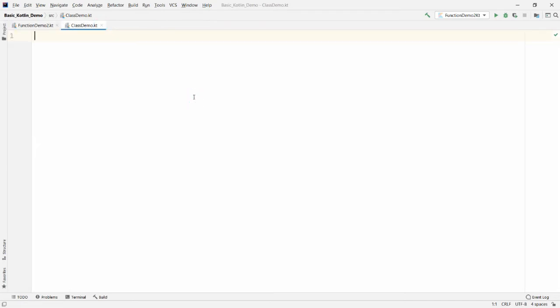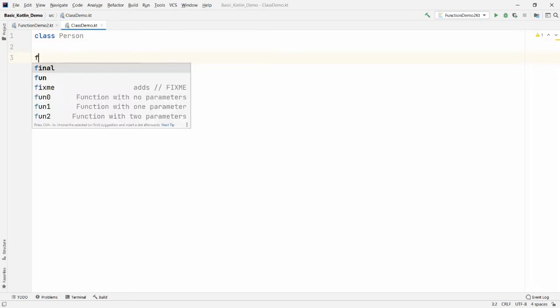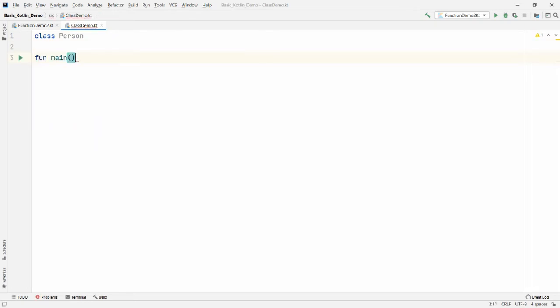Now I want to create a simple class. For example, the name of the class is person. Now this person is a class without any properties or user defined constructor. You can say that the non-parameterized default constructor will be created by Kotlin automatically. For example, let me write here function main. And if you want to access the constructor of this class, then you can easily access the same. How? You can directly write, for example, variable p is equal to, and you can call the constructor of the person class. So you can say that it creates an instance of the class person via the default constructor.